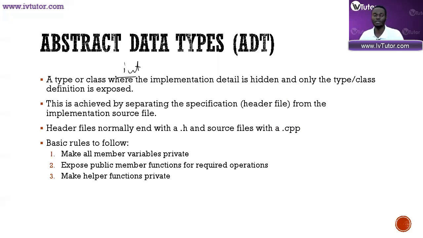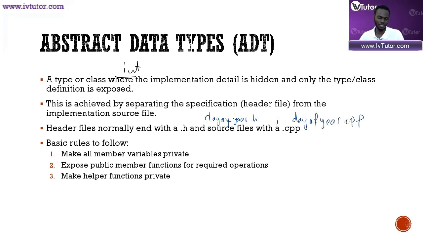So the basic rules are you must provide the class declaration, or the class specification, or the class interface, in a separate file, which is referred to as the header file. And the implementation is then done in another file, which is called the source file. Your header file normally ends with a .h, and your source file normally ends with a .cpp. So in most cases, you would name this file as the name of the class, which means in our previous example, we would have a dayofyear.h file, and we would have a dayofyear.cpp